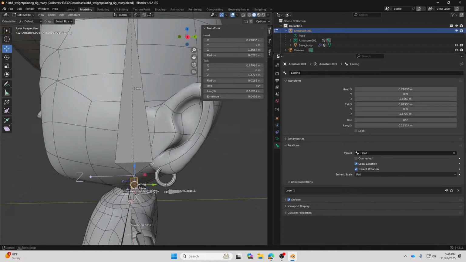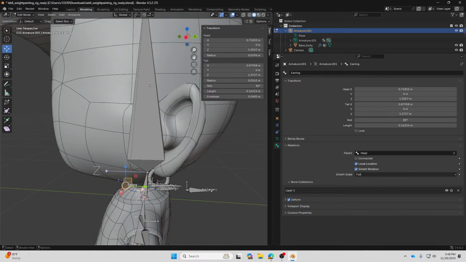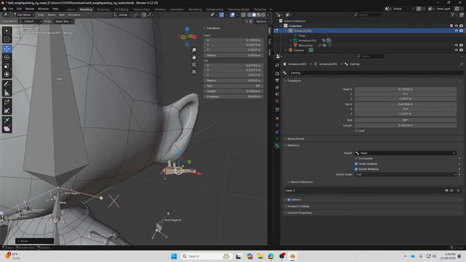And then what do I do to assign a weight to this? How do I tell Blender the earring should follow this bone? Assign a weight how?